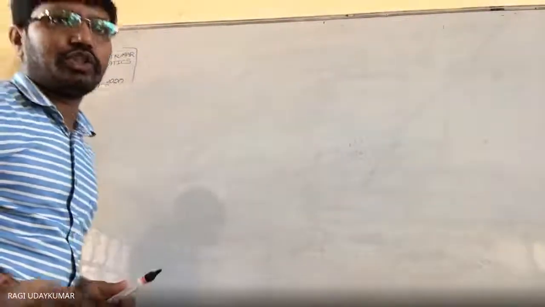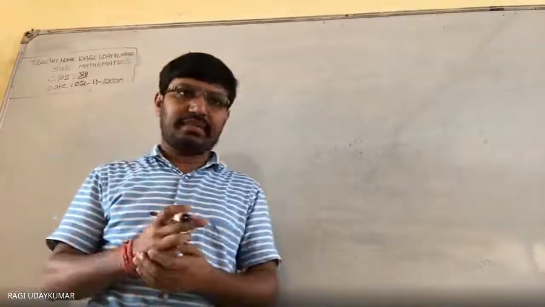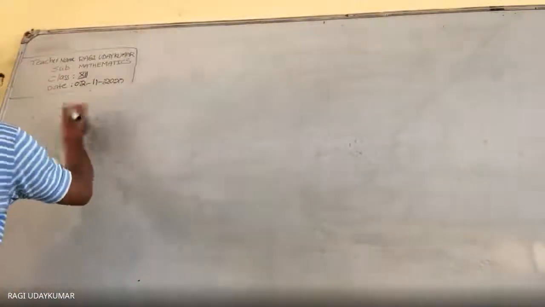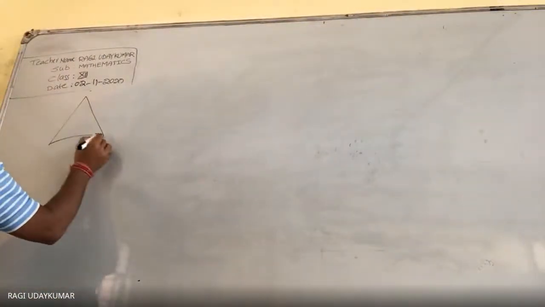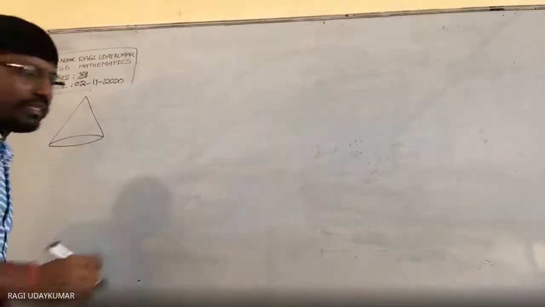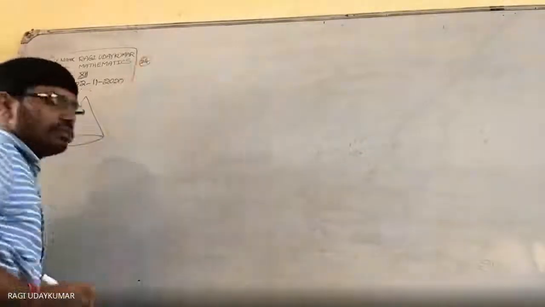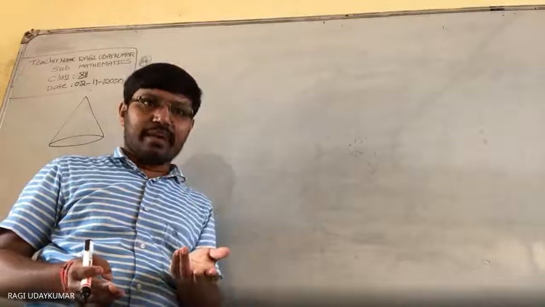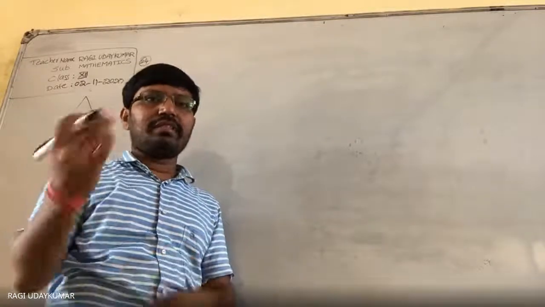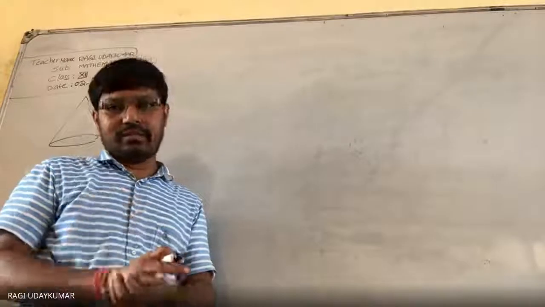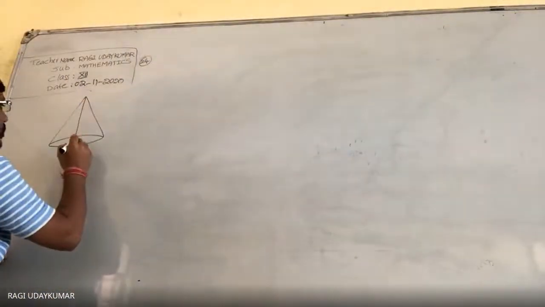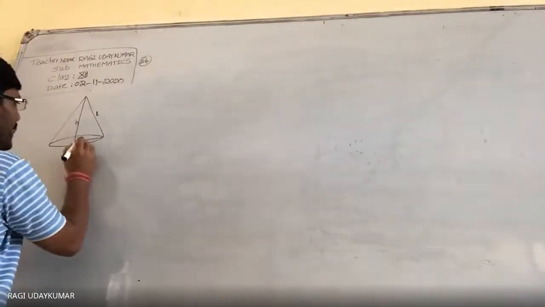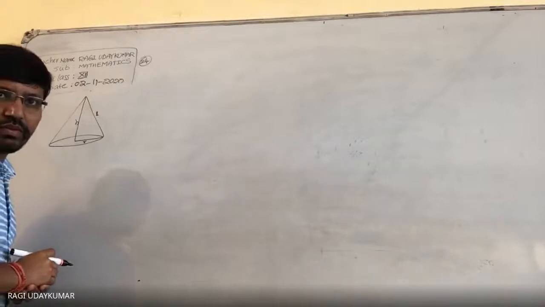So what is the question given? Show that the right circular cone of the least curved surface area of the given volume. The volume is given to you. So whenever a cone is given to you, what are the main things in this problem? Volume of the cone is equal to 1 by 3 pi r square h, and the surface area, which is nothing but the curved surface area, is given by pi r l. These things you have to know. This is the slant height; we call it the slant height. It is h, and this is the radius r.